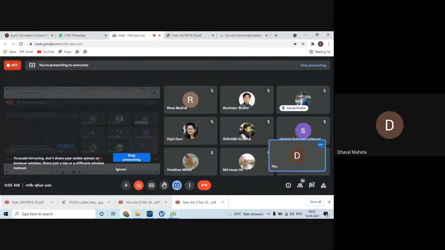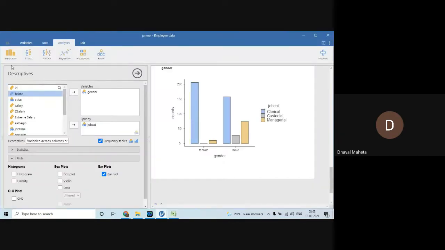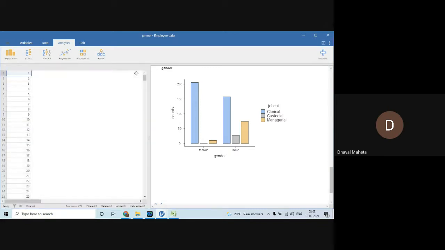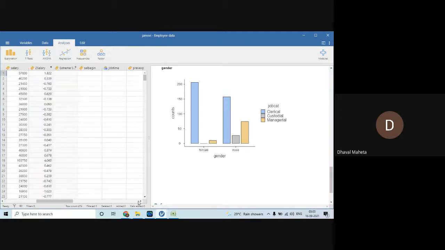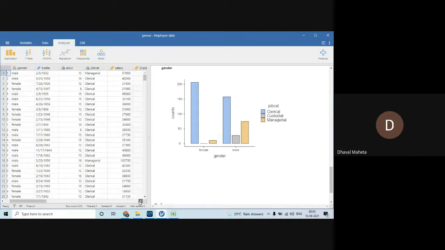Okay. Now let us come to this part, when both of them are running in metric to metric, both of them are scale variables. Let us go there and try to find out the test case. Can anybody tell me at least two variables which are running in scale?